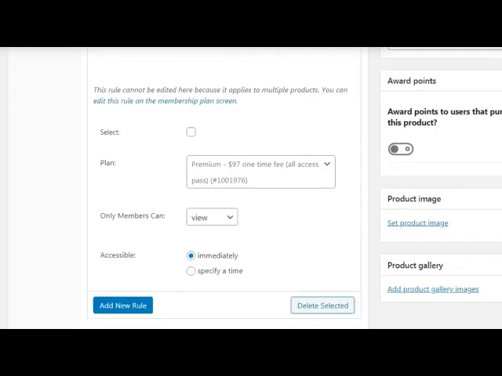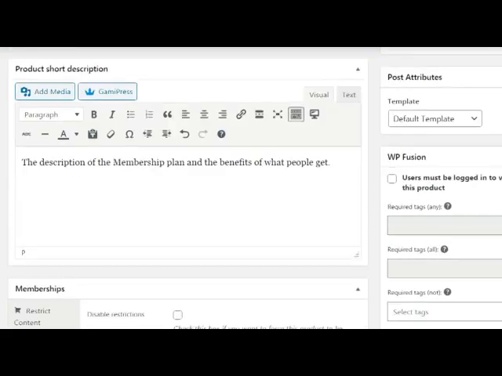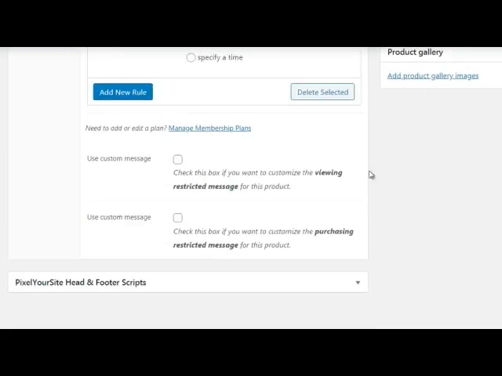So what we want to do is we want to add a new rule, select that, and select the plan. So in this case, we're going to just choose premium. And then of course, only members can view or purchase. So what that means is only members of this can purchase this product. So we are going to simply click view because we don't want that to be the case, and they have accessibility to it immediately. So we're going to add that rule,